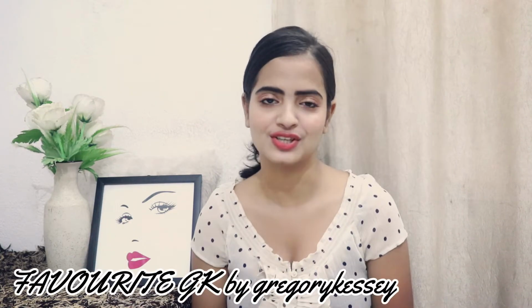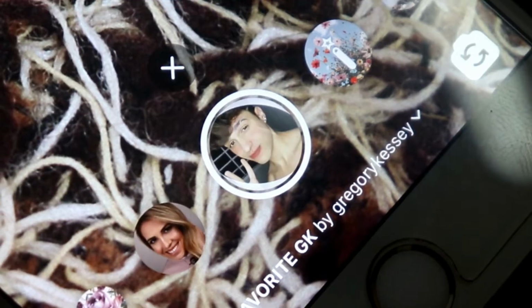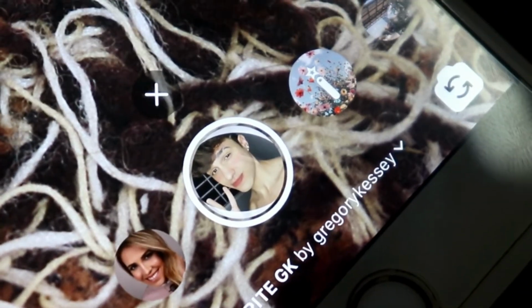The first filter that I really love, and it is on the top of my favorite IG filter list, is Favorite GK. It is by GK and all of his filters are amazing, but my favorite is Favorite GK. What I love about this filter is that it looks absolutely normal, absolutely natural, not overdone, and it adds a brownish tone to the entire picture, and also it adds a pink glossy tint to the lips